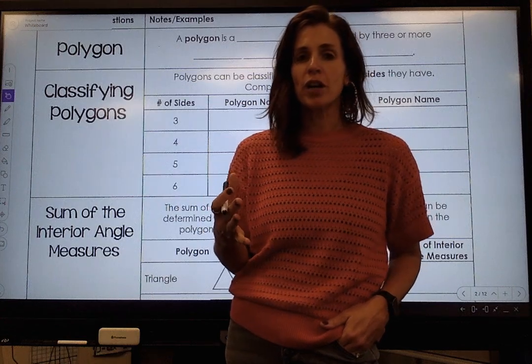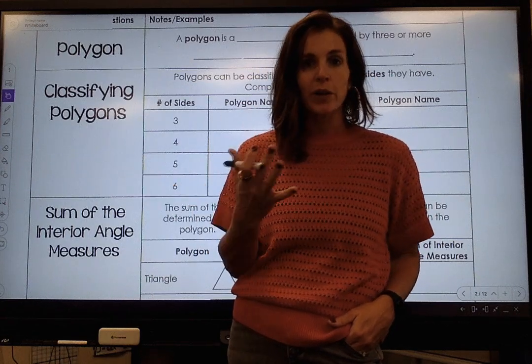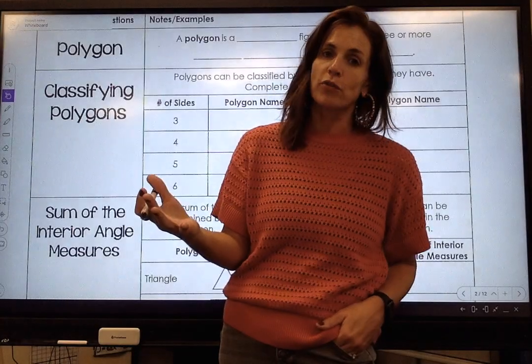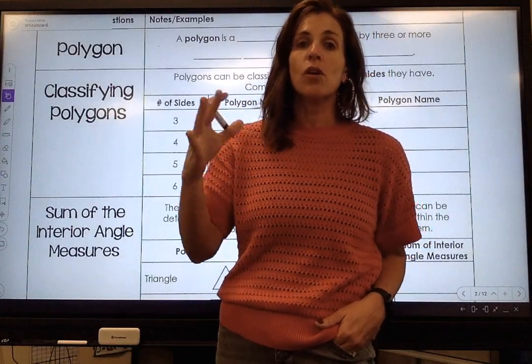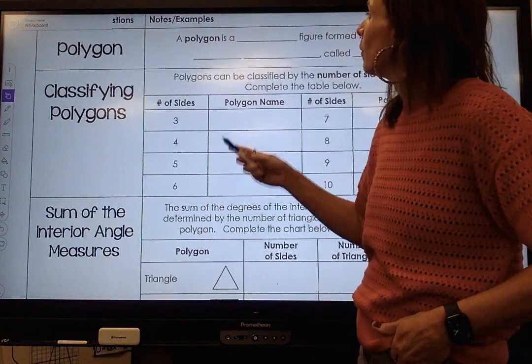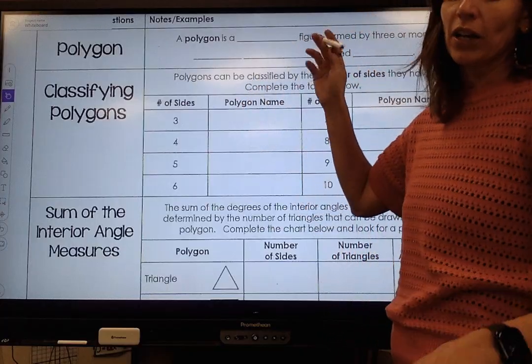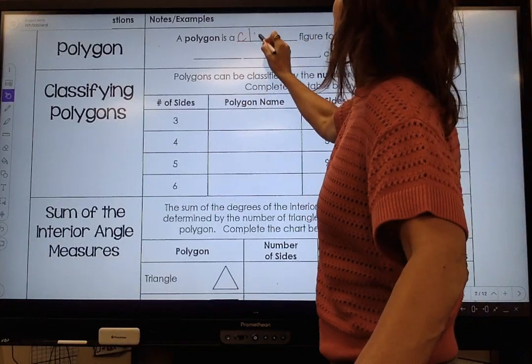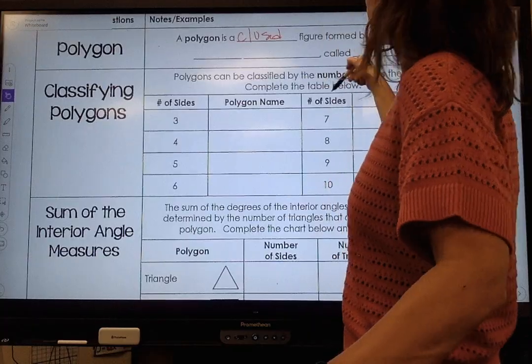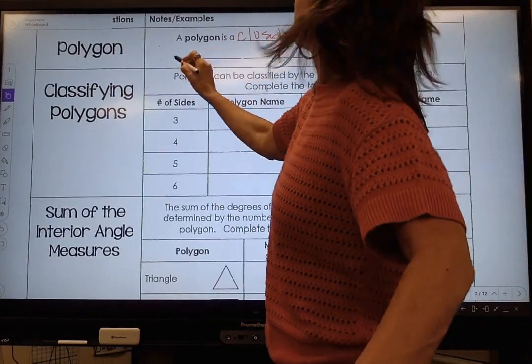In this section, we're going to talk about polygons generally. We already know about triangles. We already know about quadrilaterals. So now we're just going to take a global look at polygons. And what is a polygon? A polygon is a closed figure formed by 3 or more line segments